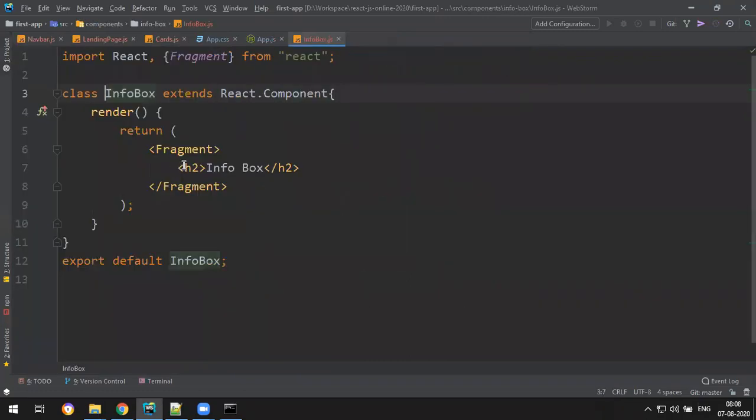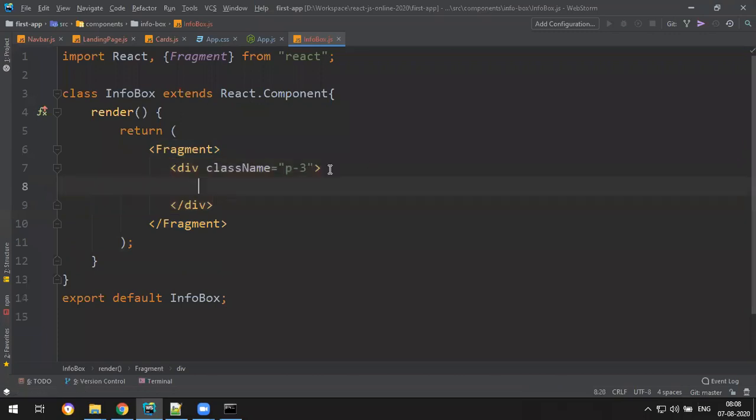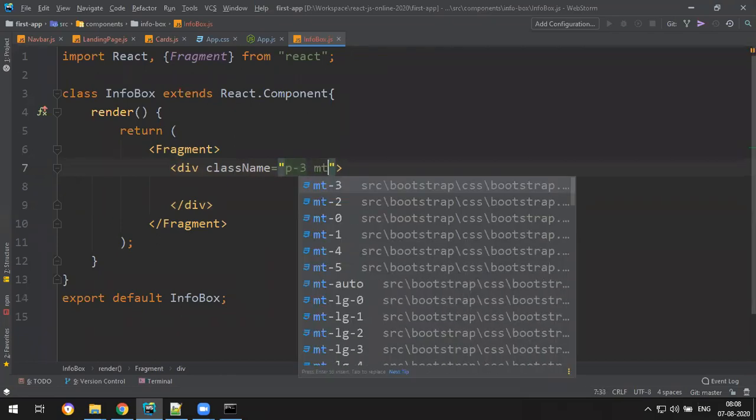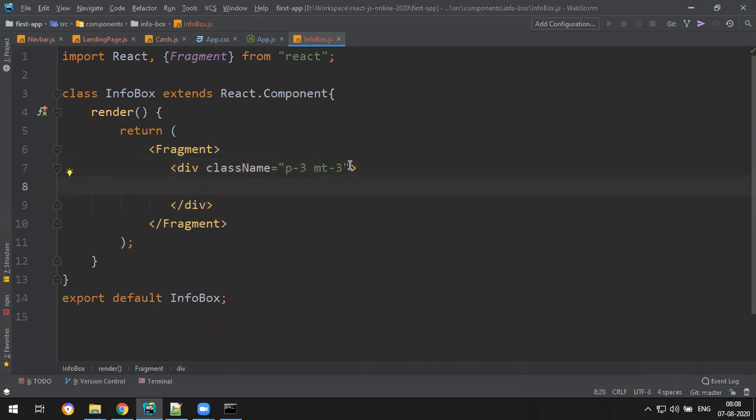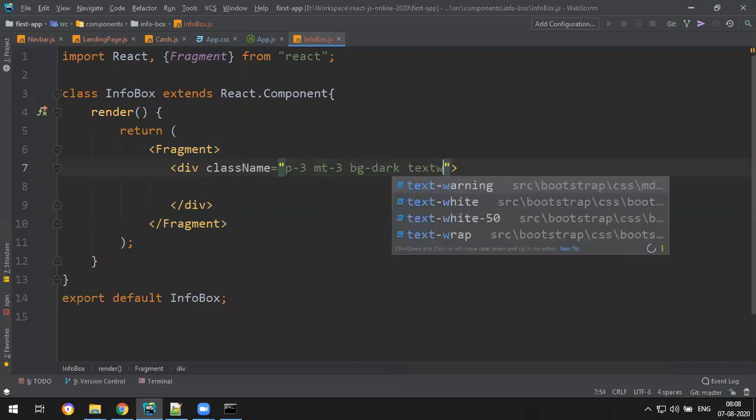Okay, so this is my HTML. So let's add some padding p3 or something. Okay, and let's add some margin top 3, and if you want, you can give some color. So bg dark, text white.